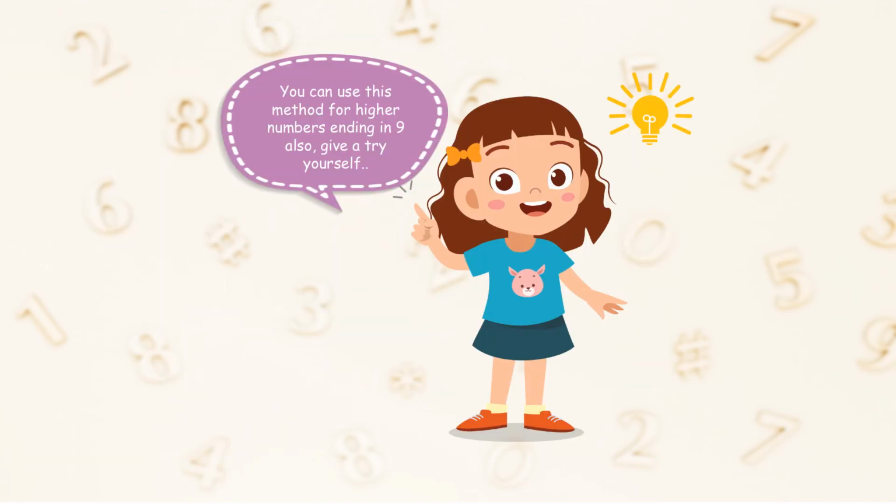You can use this approach for any number ending in 9. So you can do this for 129 for example. Just keep in mind that if you are doing it for higher numbers, you take the number 12 in this case as your 10th digit and add 1 to it, which is 13. So you keep incrementing by 13 at every step. Give it a try and see how you can go with these tables.